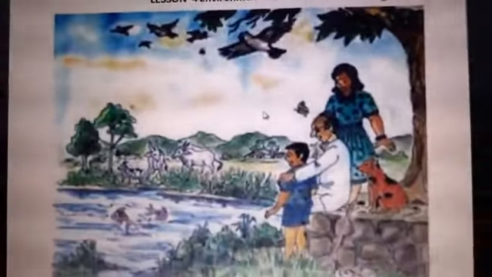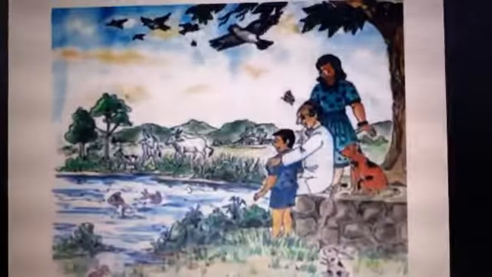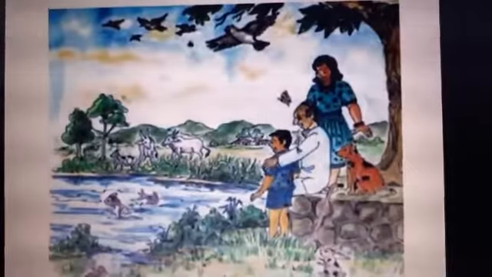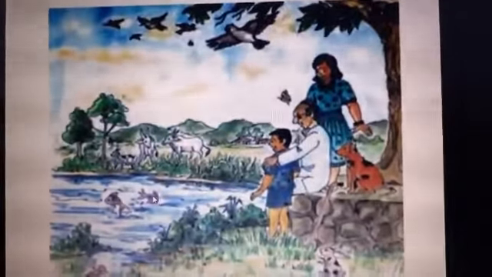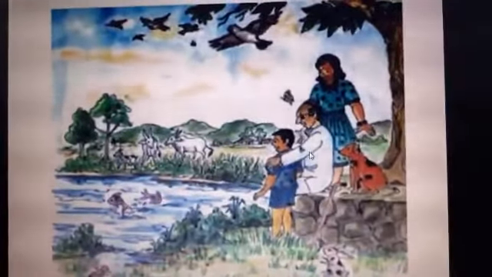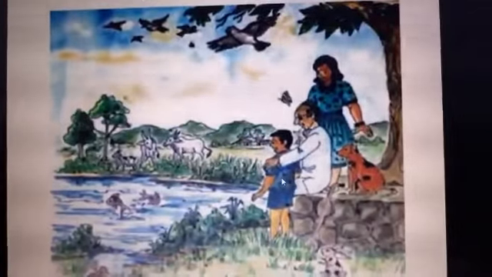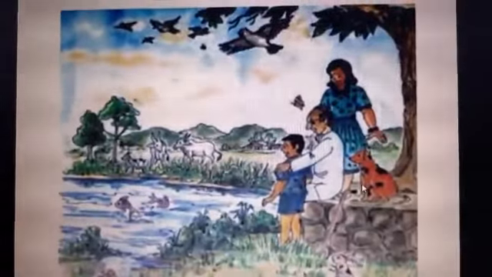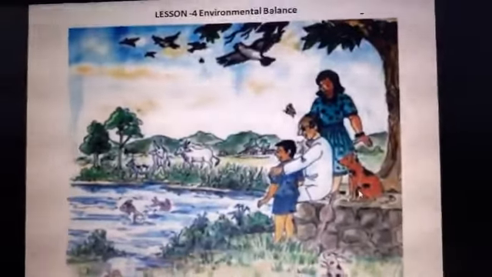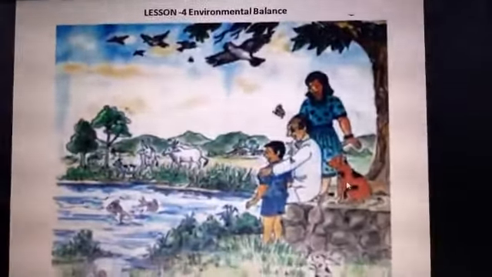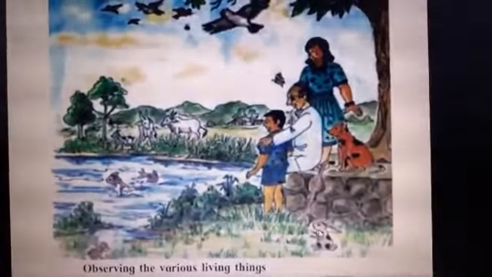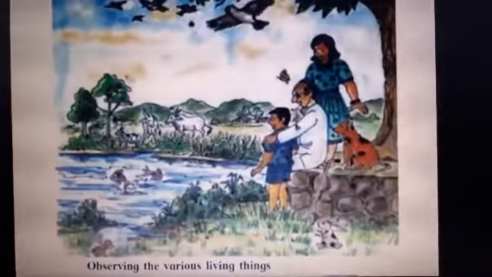In this picture you can see this is the water, this is the pond. You can see these are the fishes which are moving up and down in the water. Then here you can see a grandfather with the grandchildren sitting over there, and here is the animal dog sitting with them, sitting under a tree. Then here is a rabbit, right? Rabbit is there, green grass.